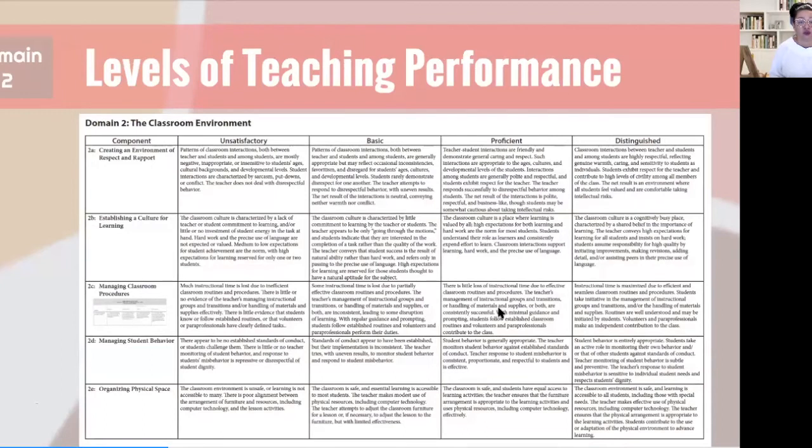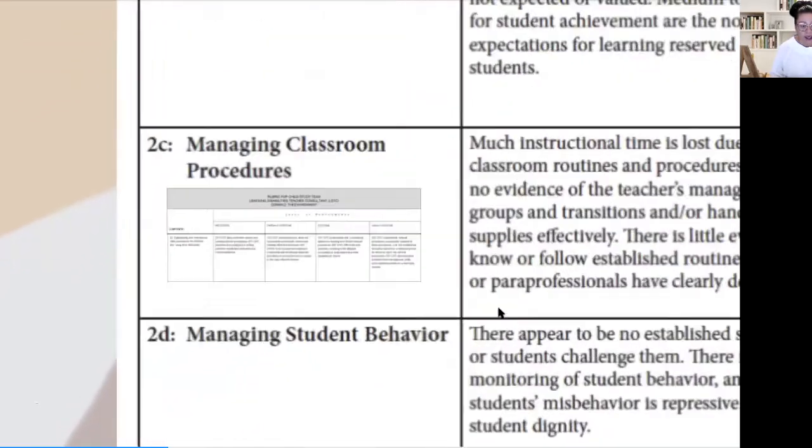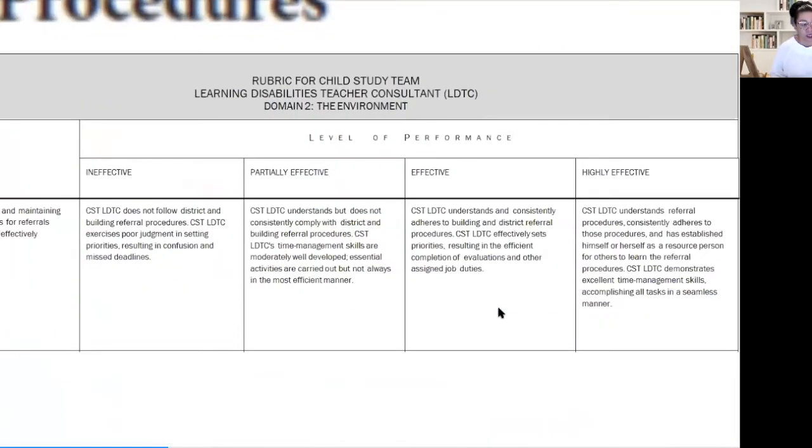Here is the rubric for domain 2, levels of teaching performance, for domain 2. And again, if we zoom into 2C, establishing and maintaining clear procedures for referrals and using time